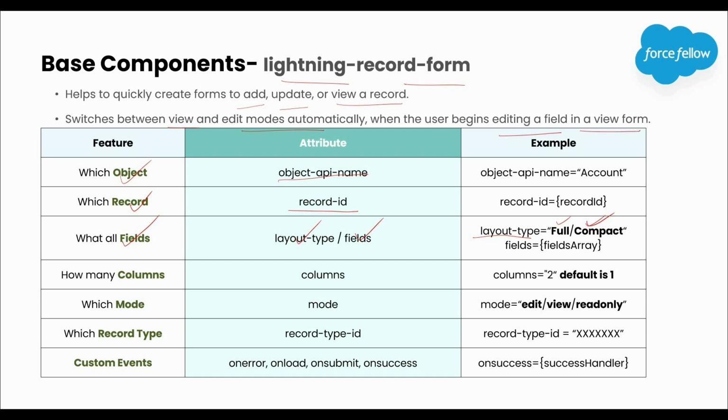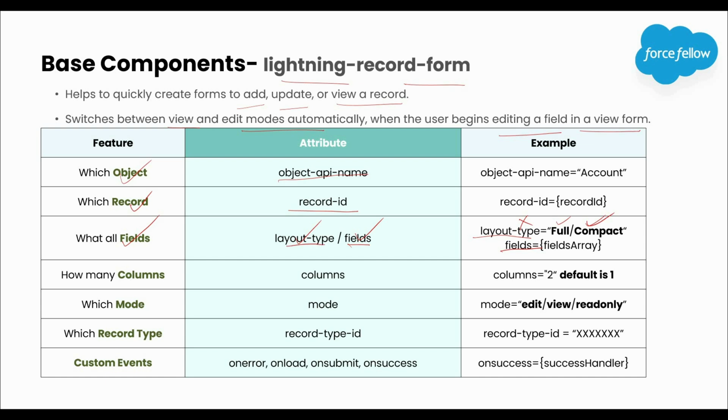We only want to show 2-3 fields, or fields which are not available on those layouts. Then in that case, what can we do? In that case, the page type attribute will not be required. You can create a string array of the fields that you require and then pass that array in the fields attribute. Okay? So in a nutshell, in record form, we can define fields using 2 attributes, either using fields or using layout